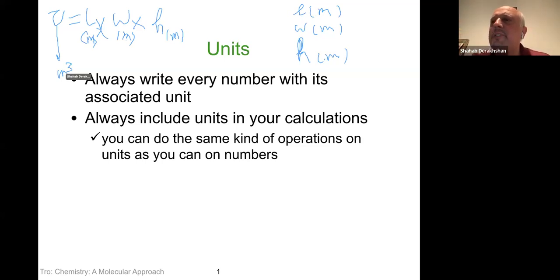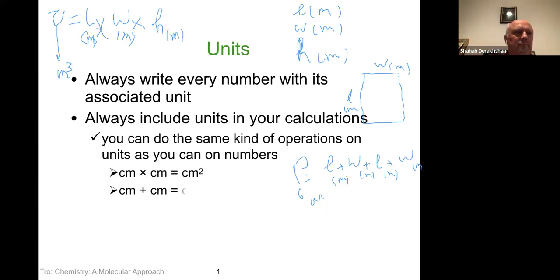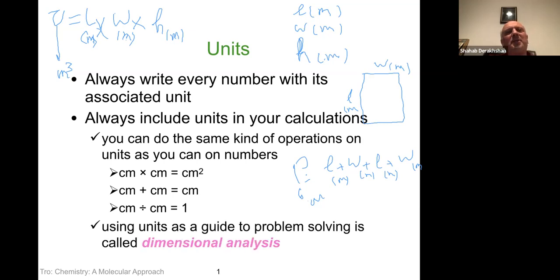But when you are talking about the perimeter of an object, you have a length and width. So this is meter, this is meter. So we say L plus W plus L plus W. These are meters. So you are not multiplying them. And at the end, your perimeter will also have the unit of meter. Or if you divide them, you will get rid of the units actually. So this process is called dimensional